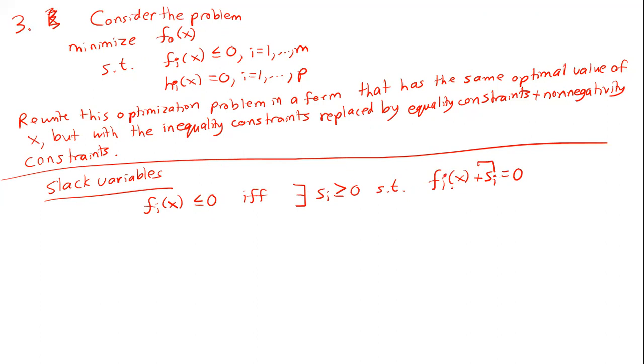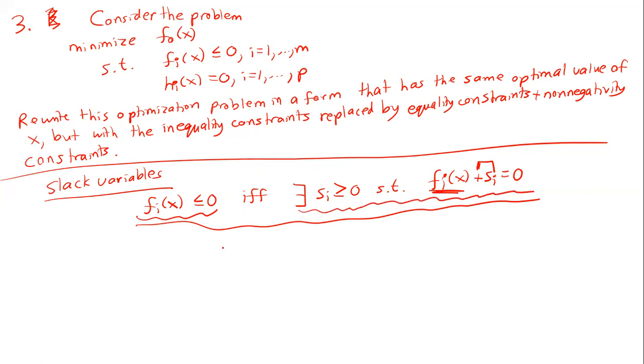Since it's positive, I have to add a positive number to fi in order to make fi plus this positive number equal to 0. That means that fi has to be less than or equal to 0. Recognizing that fi less than or equal to 0 is the same as saying that there exists some si greater than or equal to 0 such that this holds true,